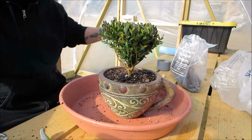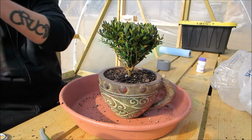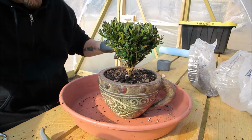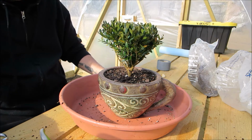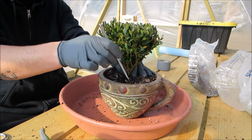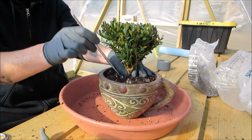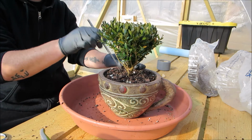Okay, I decided to add some of this other mix on top because it will add a nice food for it, and it will also just look fantastic in this pot, really. But I want to work some of it in, so it's not shocking to the plant. If you take care of your plants,